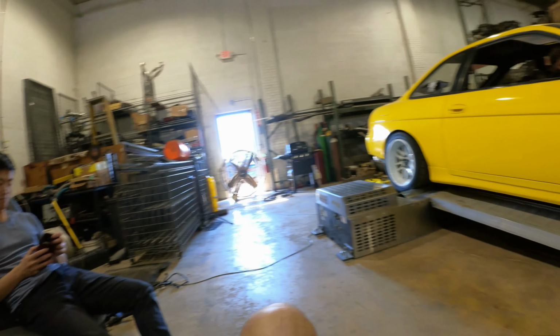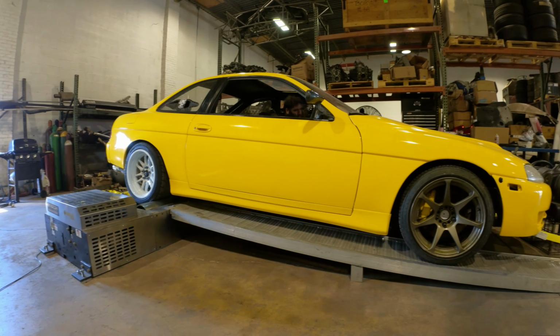Tuning starting. I'm just so excited to hear it. So it's not going to be anything exciting in the beginning because we're just doing drivability tuning, but later on we'll do some more pulls and actually hear it. I don't know if you can even hear me, but